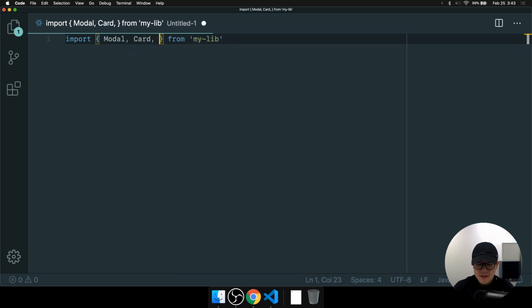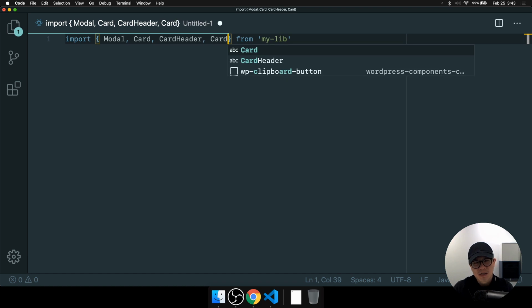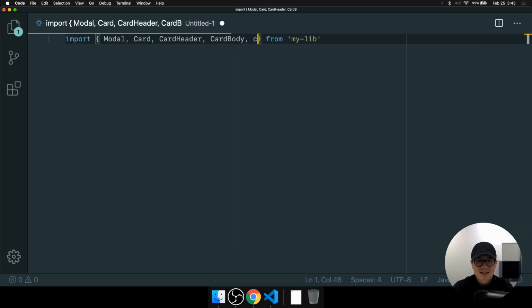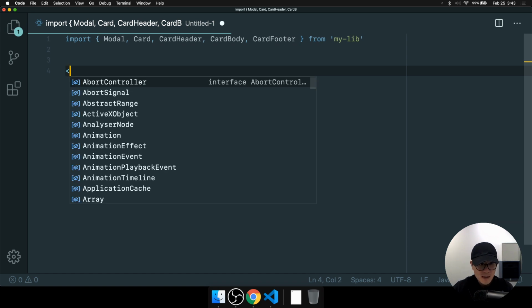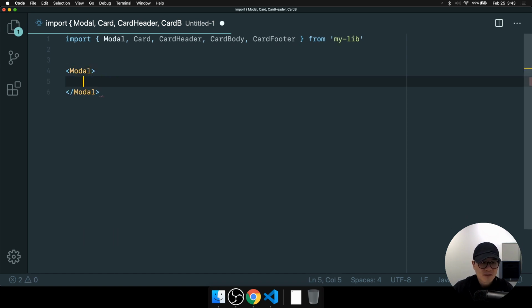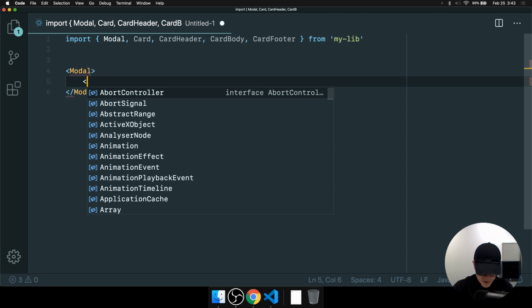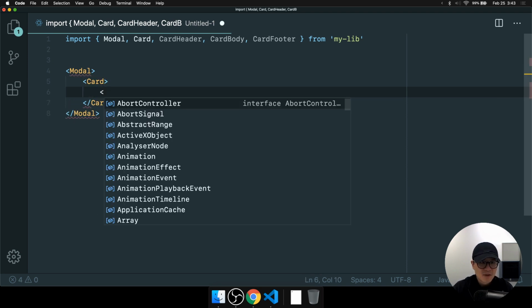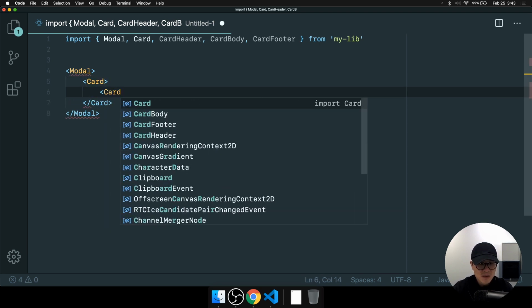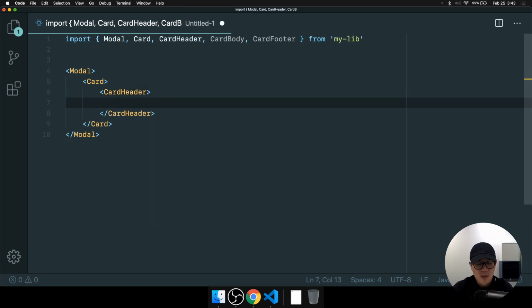So I've seen some libraries that kind of do this. Why do I keep typing the word Cody? I don't know why. Body, card, footer. So I've seen some examples that kind of look like this, where they basically have all the bits, but they kind of tell you to construct the modal experience or whatever it is you want with those bits,